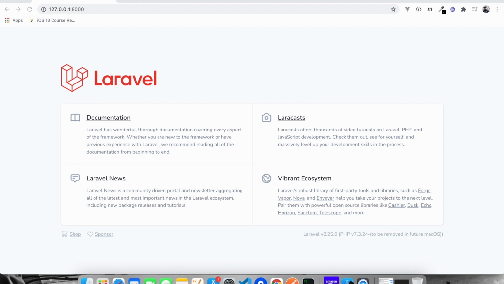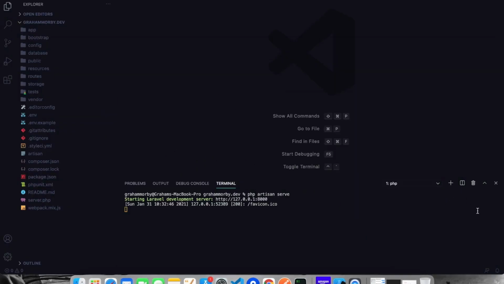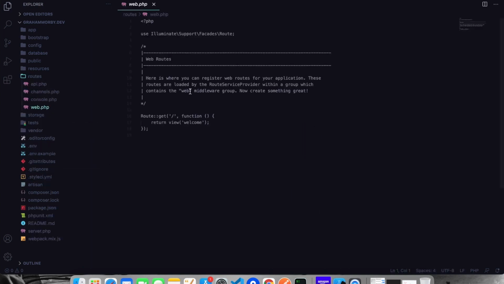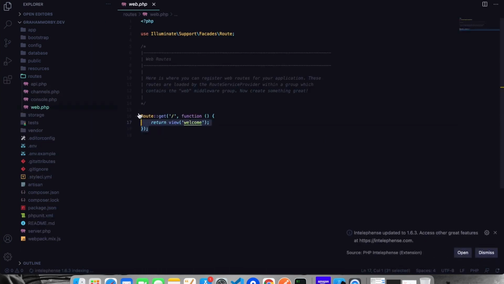So what we need to do first and foremost, I've got this brand new Laravel environment. It's right here, as you can see. I'm serving it using PHP artisan serve. For now, we'll close out the terminal. The first thing we need to do is create our routes file. If we go to routes web, currently we have this wonderful little function. If we delete that, we're going to type Route